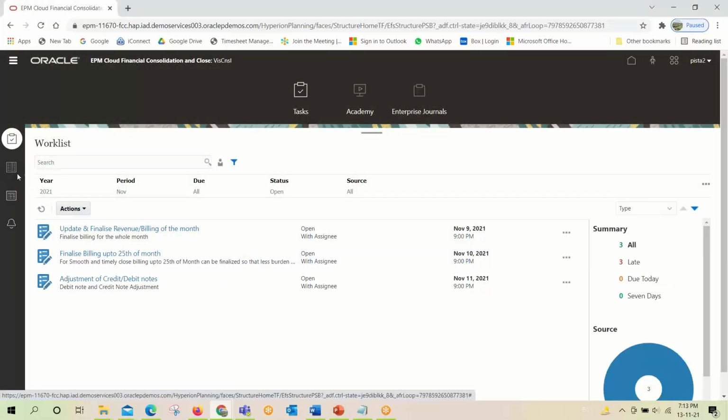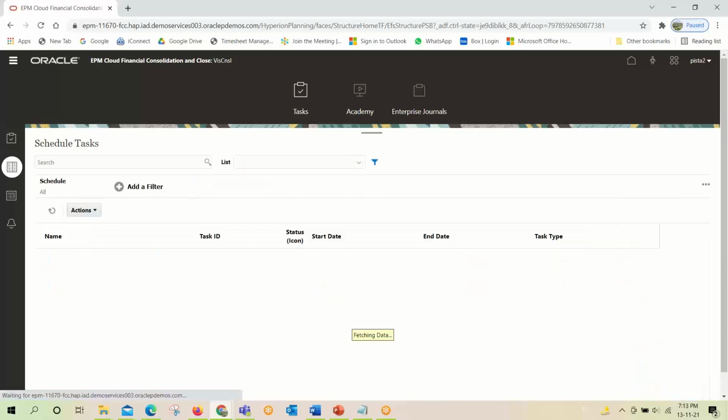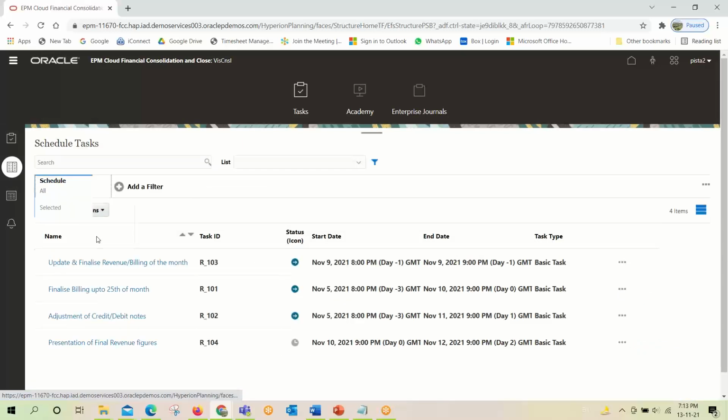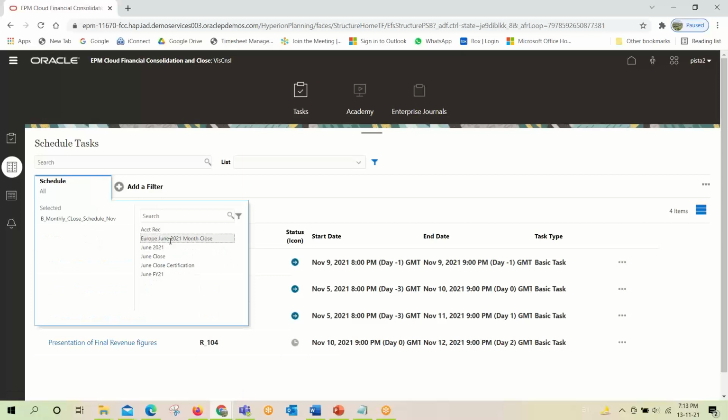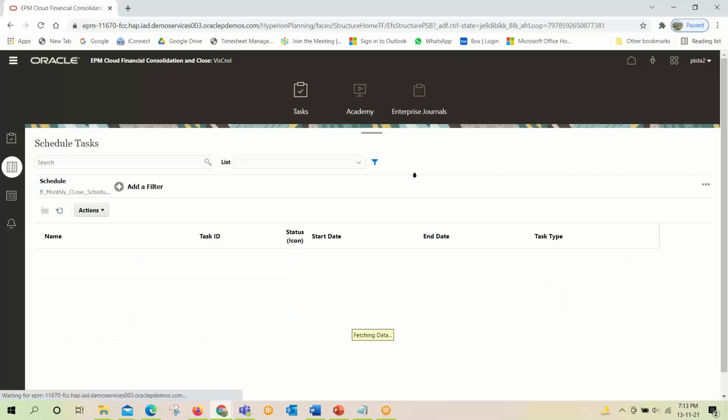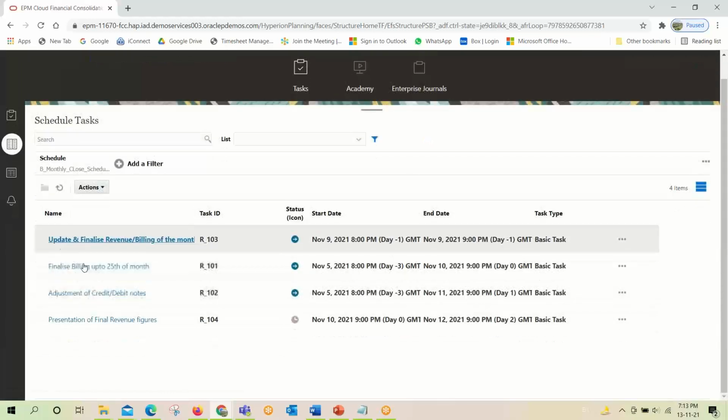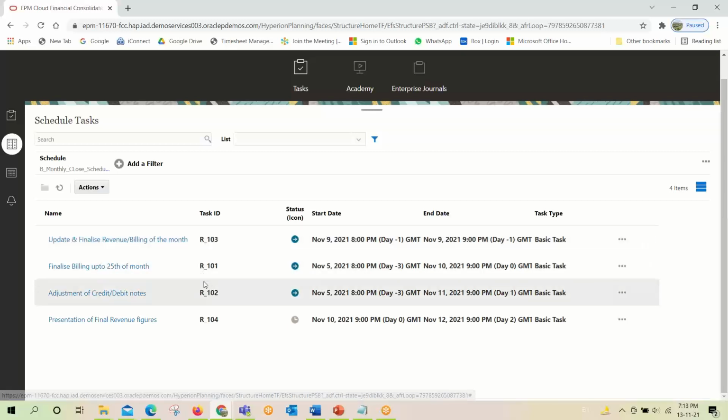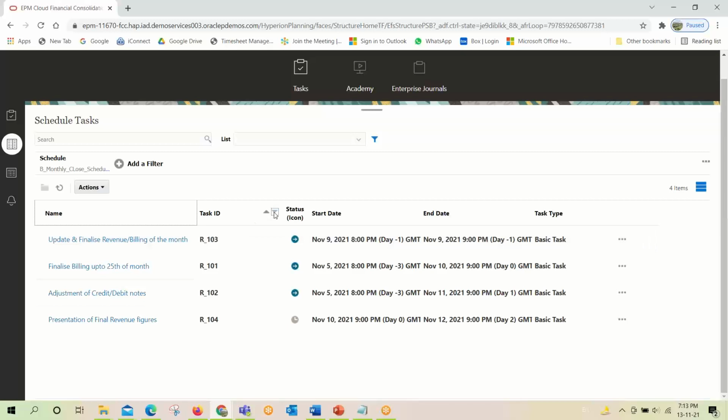So from here we will go to schedule. We'll select the schedule. This is the schedule which we have created, and he can see there are 4 tasks which are assigned to him, which he has to submit. So this blue sign shows that this task is now open, and he can see the start date and end date.